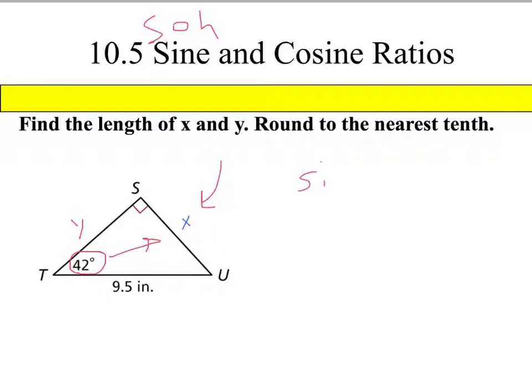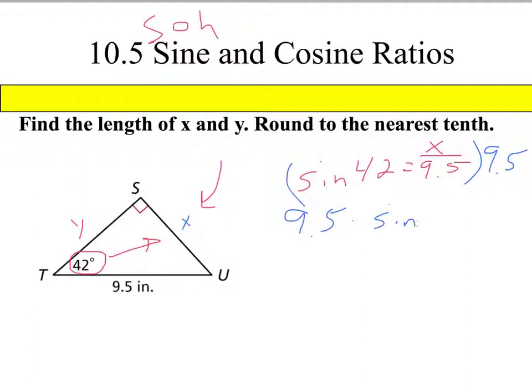So I'm going to take the sine of 42, and I'm going to set that equal to x over 9.5. Now I'm going to do my one operation, multiply by 9.5 on both sides. I'm going to take 9.5 times the sine of 42, and that's going to give me x. So when you take 9.5 times the sine of 42, x is going to be